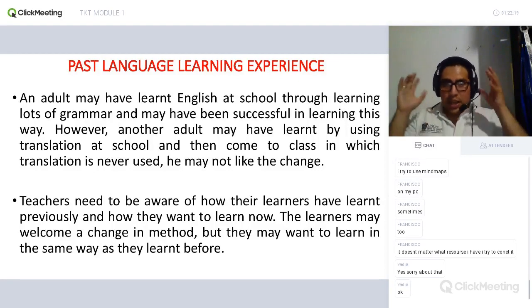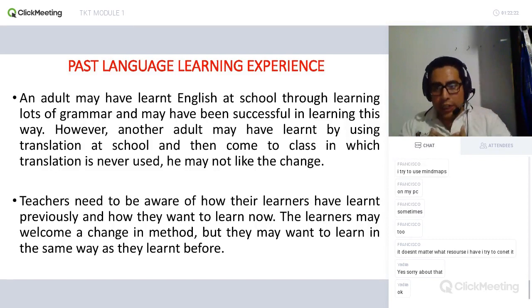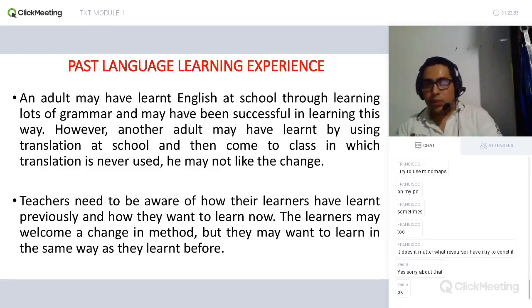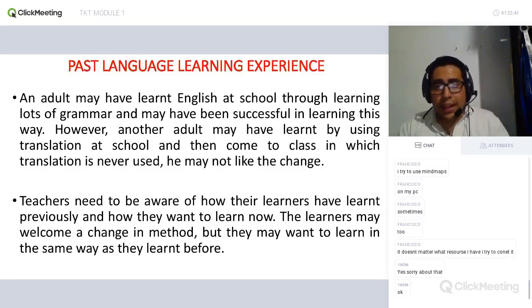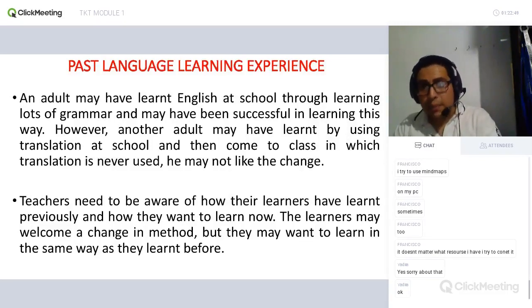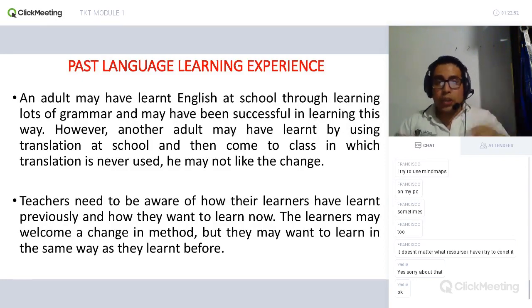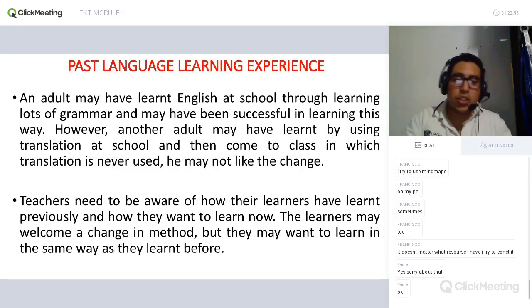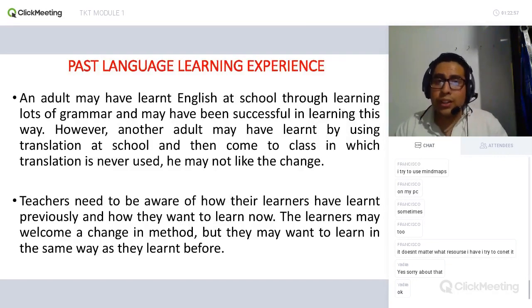Okay, so in this case, we were talking about whether we should adapt to them or they need to adapt to us. In this case, the answer is that we as teachers need to adapt to the way they want to learn because they are adults. We don't need to work that much with them on classroom management or something like that. So if an adult asks you to do some translation and this is useful, I'm talking about usefulness, if you think that this is useful for them, then use it. Or you can vary the activities, sometimes translation, sometimes grammar, but you need to focus on their learning experience.